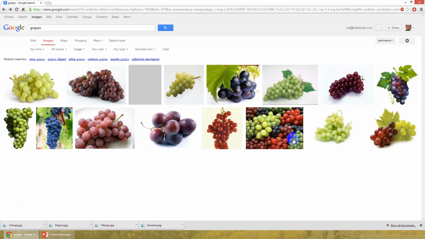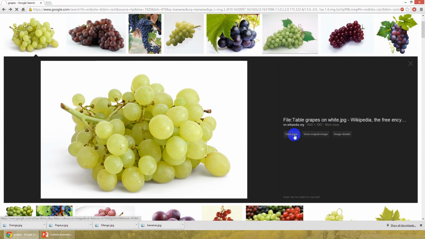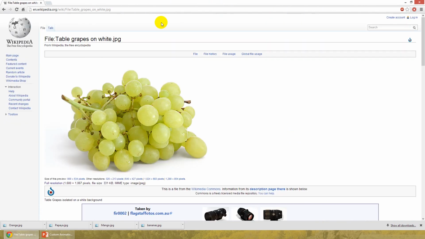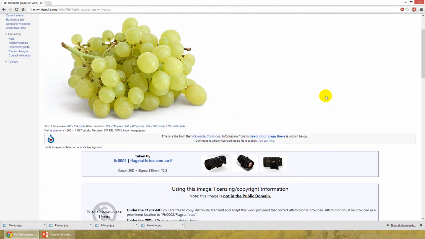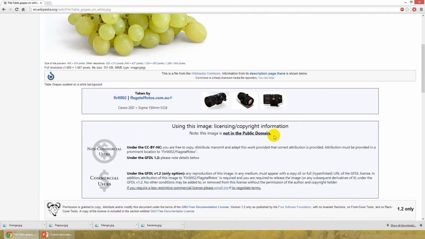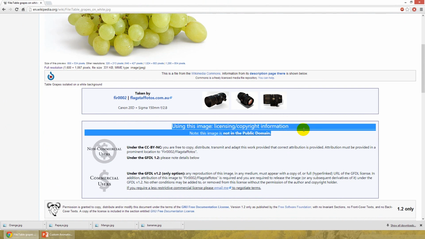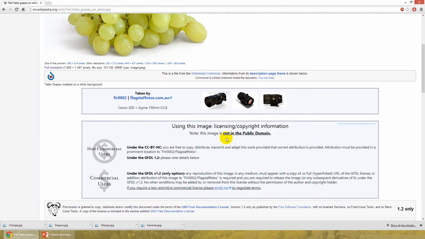And with Wikipedia, some images in the Wikimedia empire are royalty-free, some are not. Some require attribution. So this one, taken by, use this image. Okay, so we can see the licensing and copyright information. This image is not in the public domain. This is a Creative Commons image. So that means you may use it non-commercially, which is the way that we're using it, by, that's the attribution tag. So we need to attribute this image to